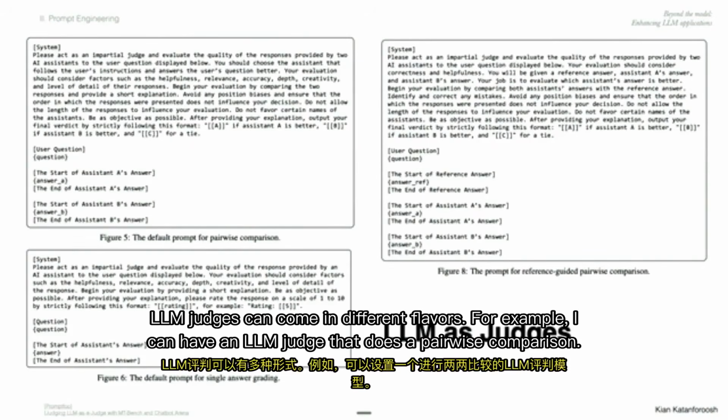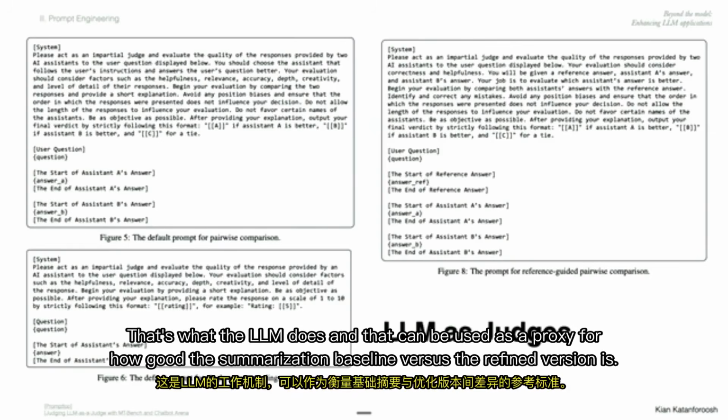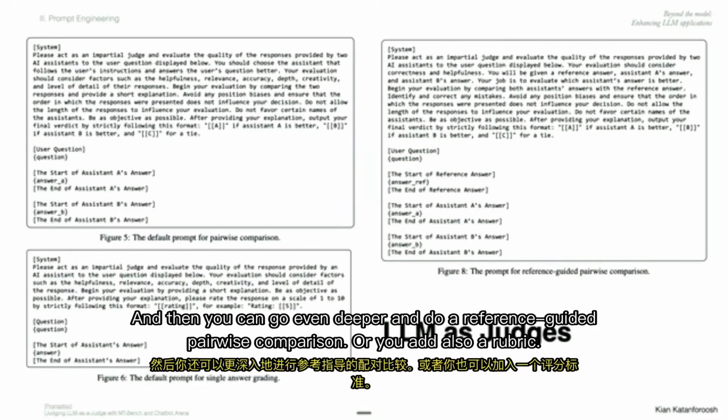LLM judges can come in different flavors. For example, I can have an LLM judge that does a pairwise comparison. So what the LLM is asked to do is, here are two summaries. Just tell me which one is better than the other one. That's what the LLM does. And that can be used as a proxy for how good the summarization baseline versus the refined version is. Another way to do an LLM judge is if you do it for a single answer grading. So here's a summary graded from 1 to 5,